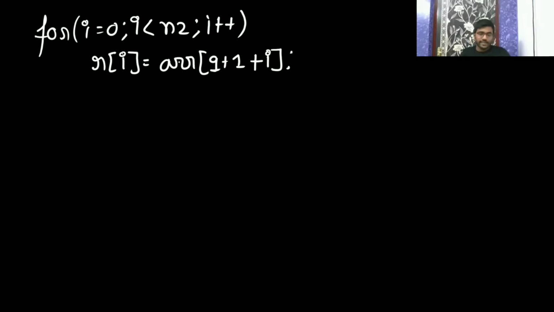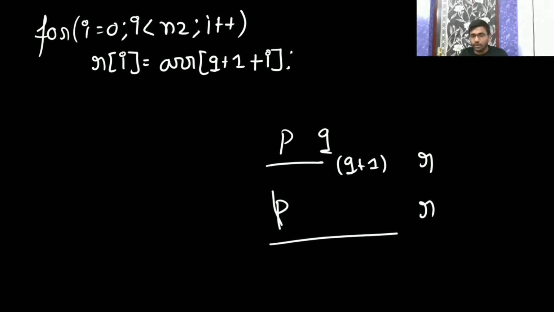Please let me know whether it is clear to all of you till this point. So given an array, they will give the starting index p and the mid index, that is q, and r, the last index. From p to q is a sorted array, and from q plus 1 to r is a sorted array, and you have to merge them into one sorted array, from p to r.